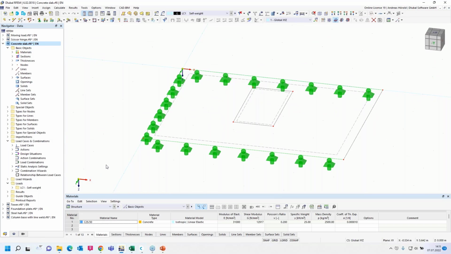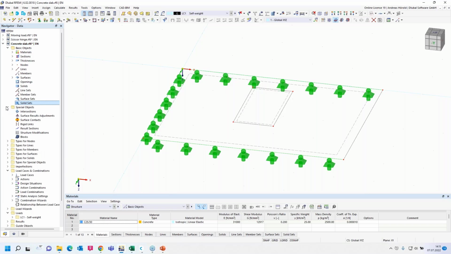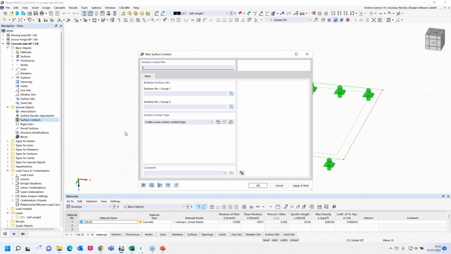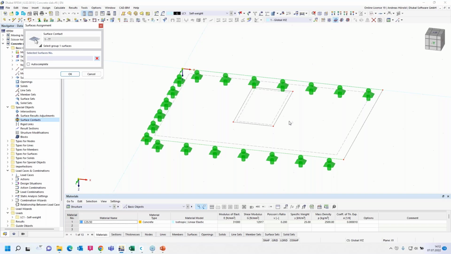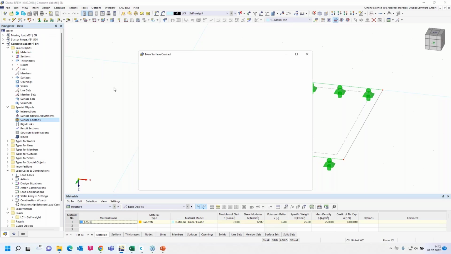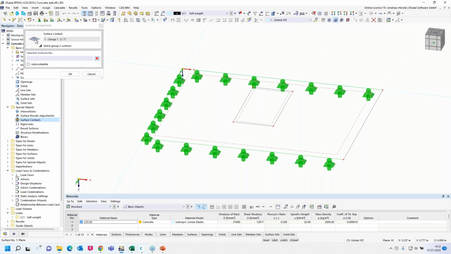But it's quite easy to connect them with a special object here on the left side in the navigator data, surface contact, and with right click, I can select new surface contact. So you can select a group of surfaces for both sides. It's not necessary that the surfaces have the same dimensions or number of lines. It doesn't matter in RFEM 6. I select the two surfaces